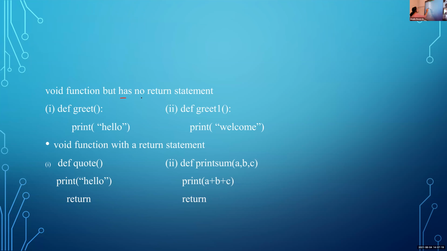A void function can have no return statement. Okay, write the example. A void function but has no return statement. These two are examples of a void function with no return statement. All these are examples of void functions. In void functions, either we can use a simple return statement or a function with no return statement.